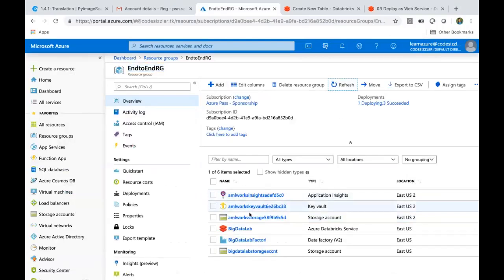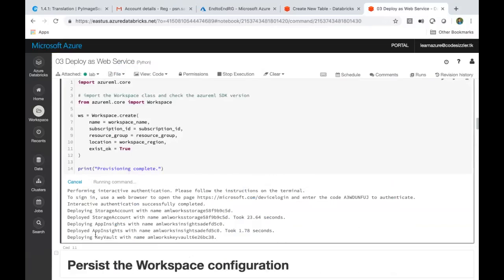Key vault, storage account. Insights is created. Key vault is getting created now.